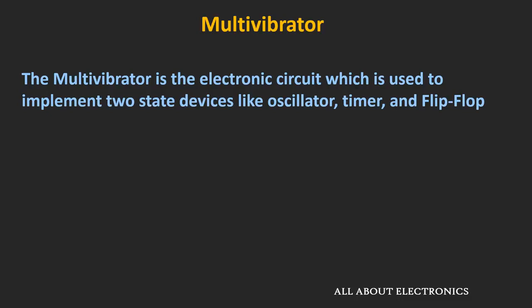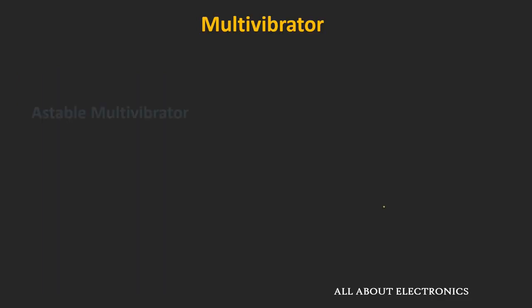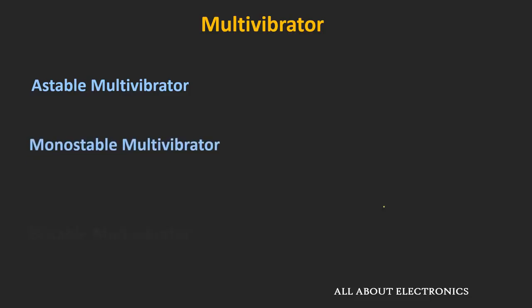Now here, the two states refer to the two voltage levels of the multivibrator like plus 15 volt and 0 volt. And if we talk in terms of digital electronics, then it can be either high or low state, where the high state represents the logic 1 and the low state represents the logic 0. And depending upon the number of stable states, the multivibrator can be divided into three types: astable, monostable and bistable